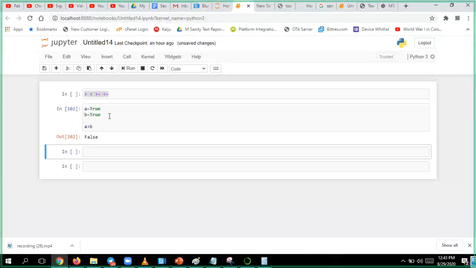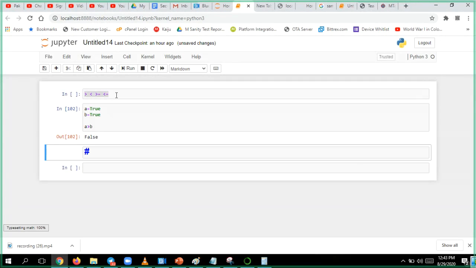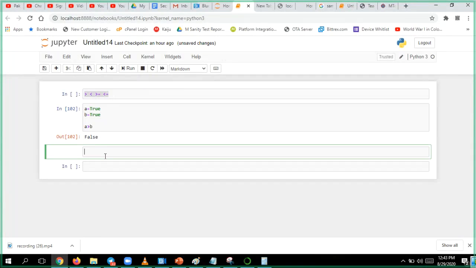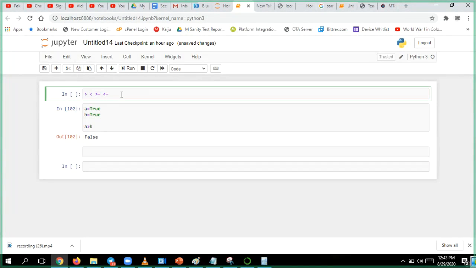Now, there is something called the equal to operator, and the not equal to operator. These are also relationship operators only, but we should call them equality operators.